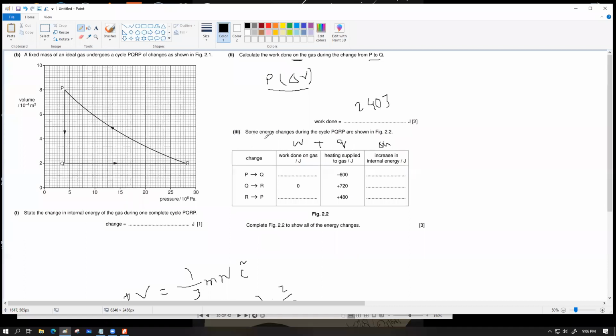So, some energy changes during the cycle PQRP are shown in figure 2.2. So we are trying to fill this up. So এই fill up এর মধ্যে কিছু ঝামেলা আছে, আমি একটা করে বলতেছি। This question tells us that whenever it is going P to Q, work done on the gas is something. So এটা আমরা already calculate করছি। This calculated value was supposed to be 240. And তুমি simply এই ইকুয়েশনটা হিসাব করো।